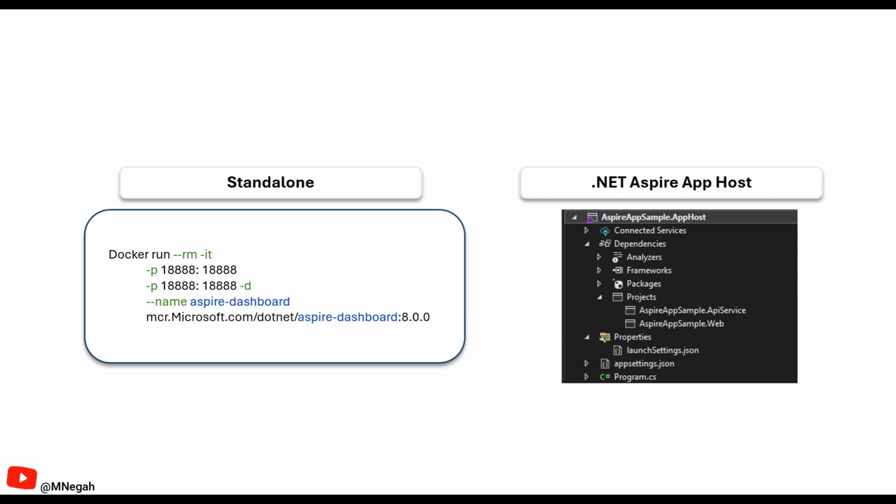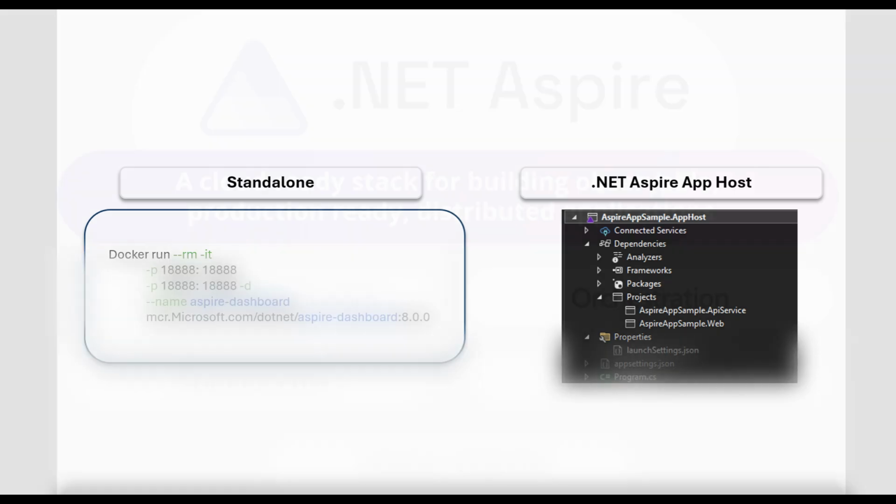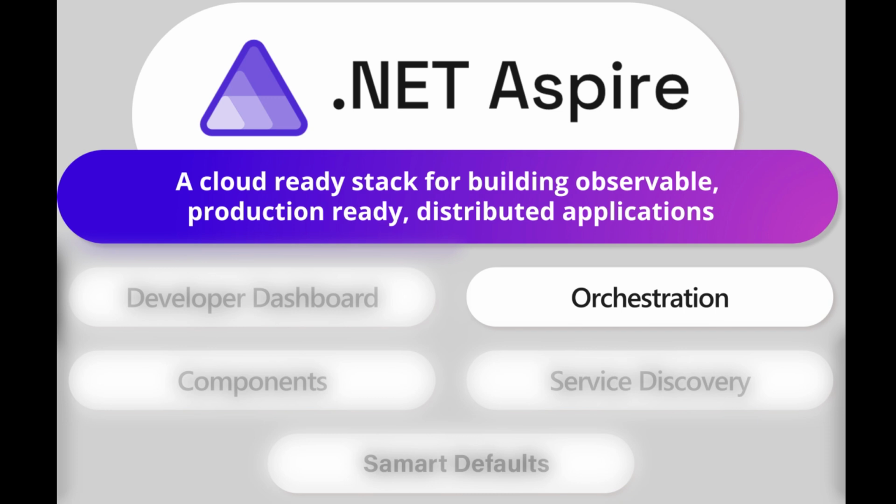You can also get the dashboard by using the Aspire app host. The app host is another template project I provide, allowing you to start up your application, connect all of those projects, and use C# code to declare the topology of your application system. That's important and it makes things much more interesting for us as developers. Let me explain, because that's the orchestration capabilities we have in .NET Aspire.